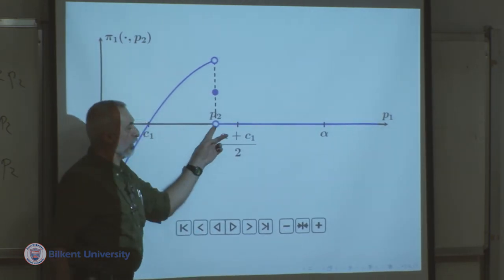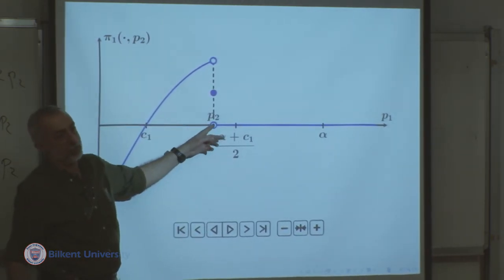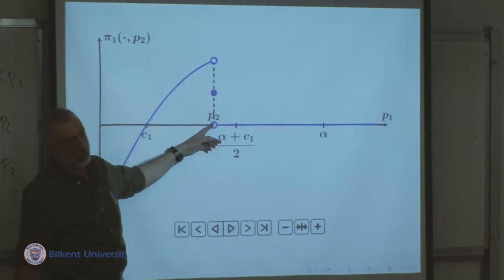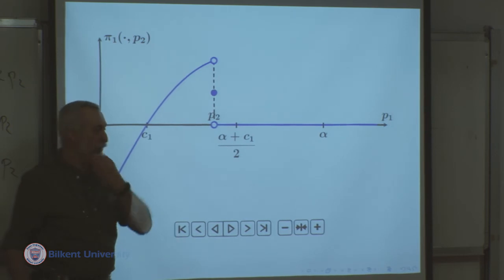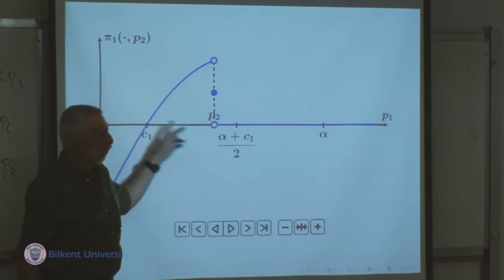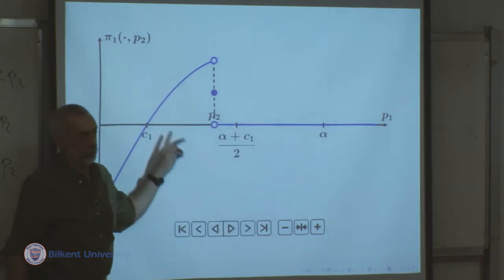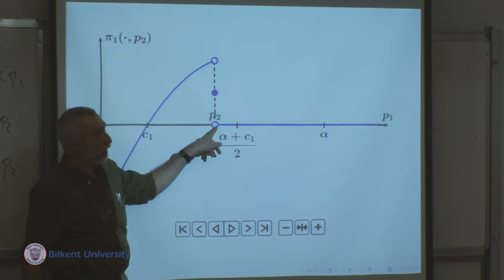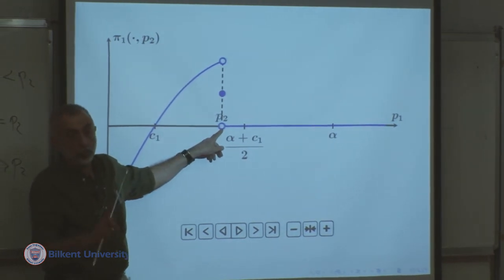But the thing is, there is no closest number to P2. The closer I get to P2, the larger the profit is. Most of you have the impression that I would choose the closest number to P2. When the domain is the whole set of non-negative real numbers, there is no closest number,